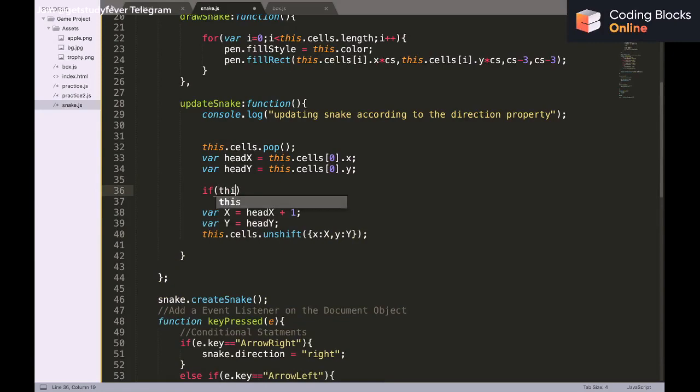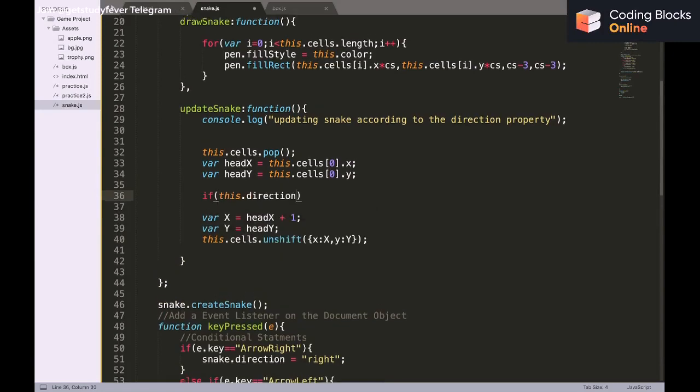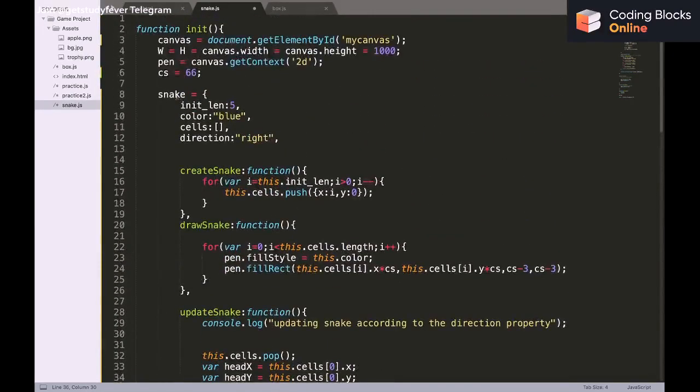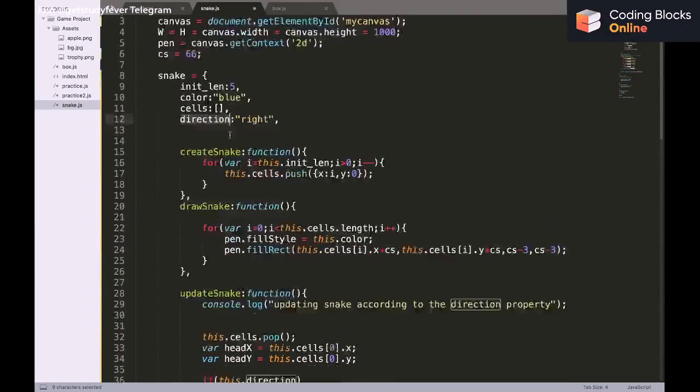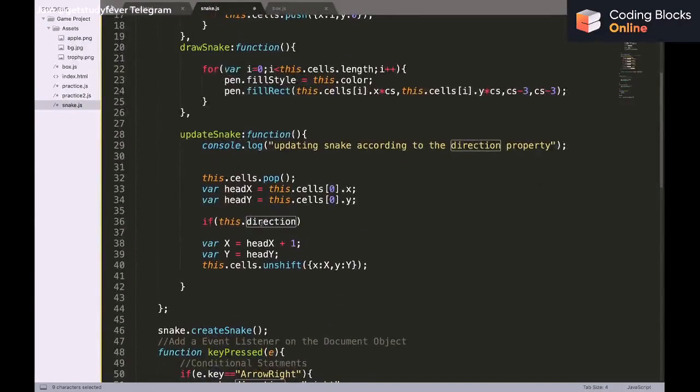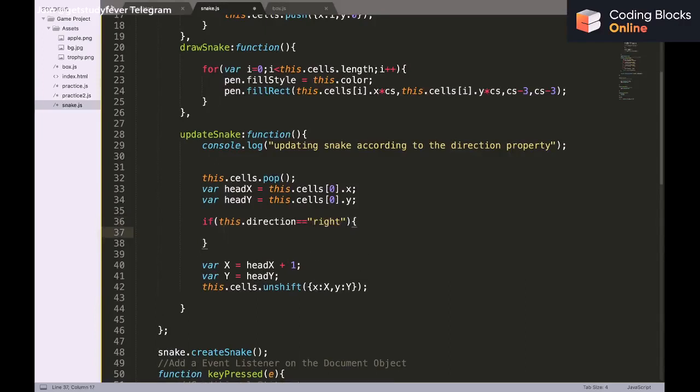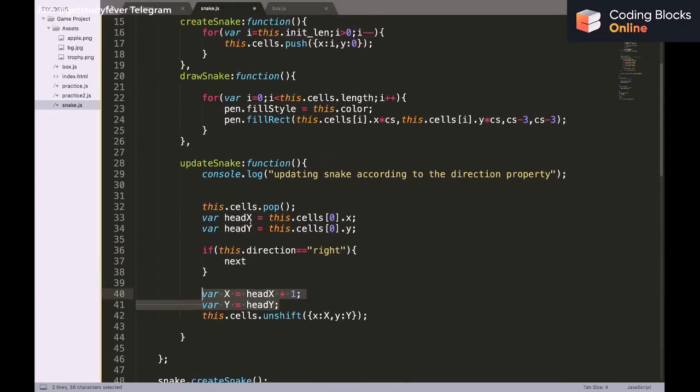I'm going to say if this.direction, so see we are inside the snake object, and if we want to access this direction property we will use this. So if this.direction is equal to, let's say, right, I can say the next x, that is this particular x and y,